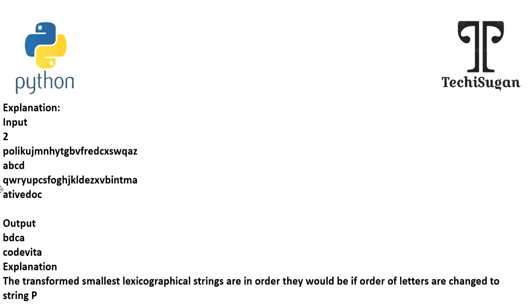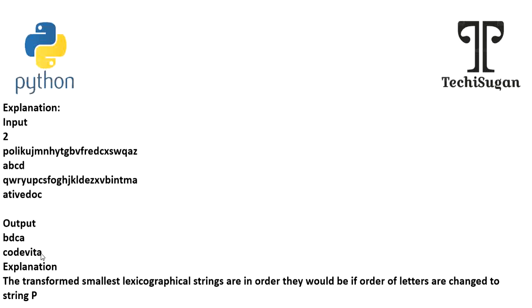The first one is an integer, which is the number of test cases, and the next line is the given string P. This is the new order that Jill has given, and the next statement is S. S is the string for which the smallest lexicographical string has to be formed based on the given string. In the same way, this is test case 2 of P and this is the test case 2 S value. For the first test case, the output should be DBCA. Similarly, for your second test case, this should be your output.